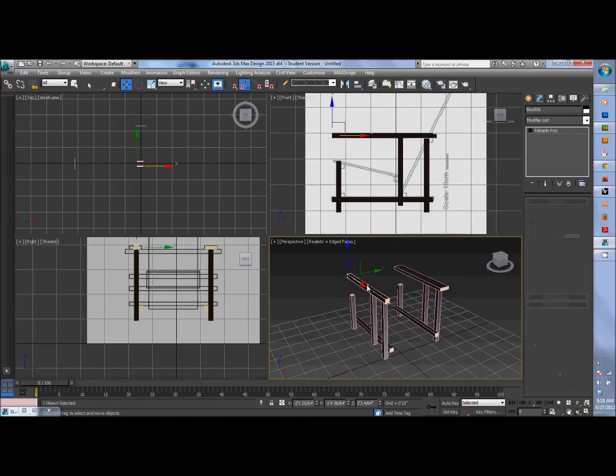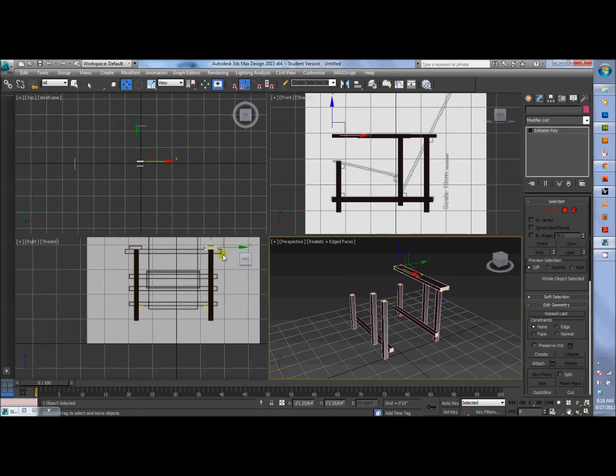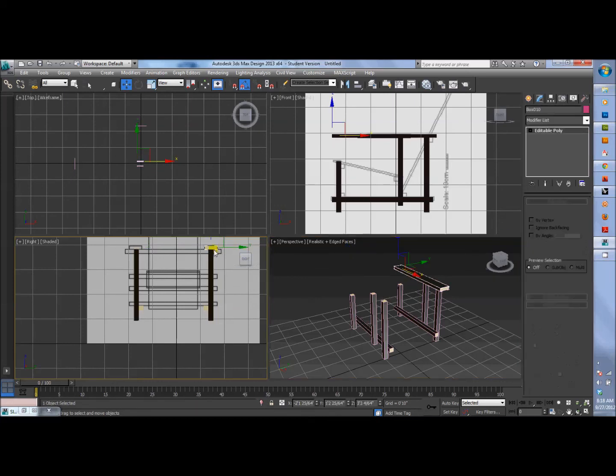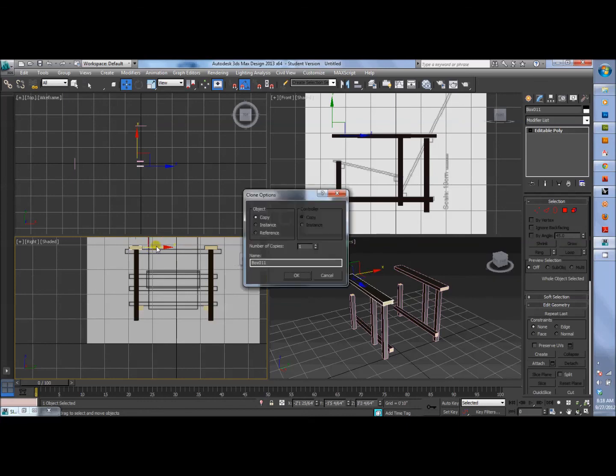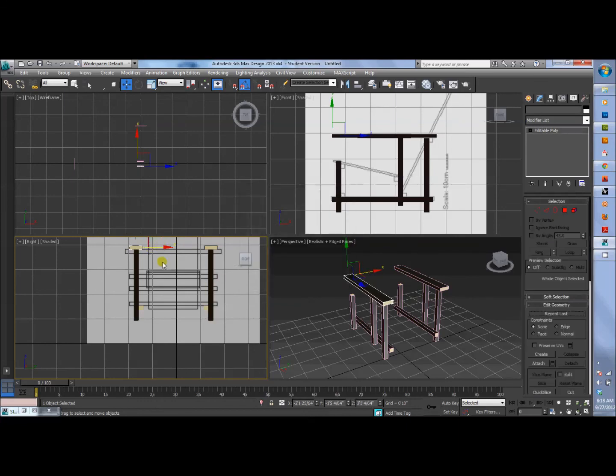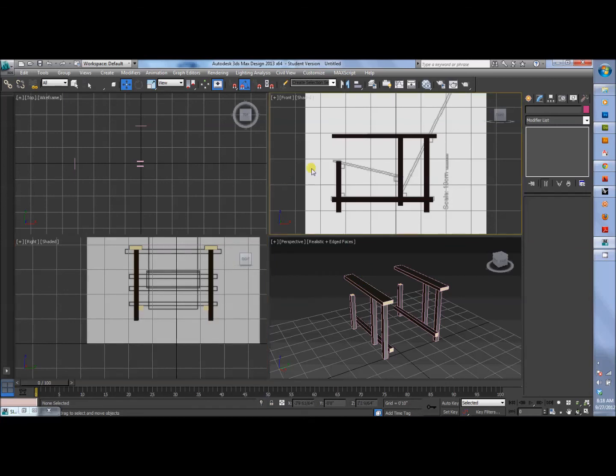So there's copy. Okie dokie. So now we're going to tackle these guys, which are your kind of cross bracers that support the back and the seat there. So we are going to go box to